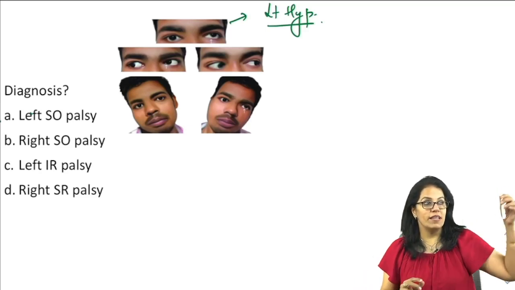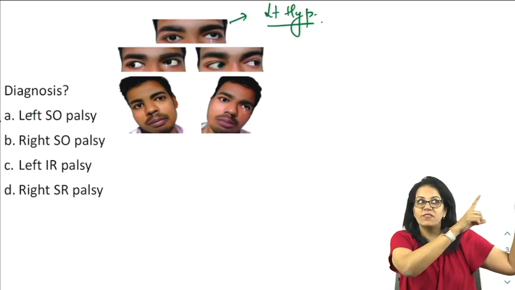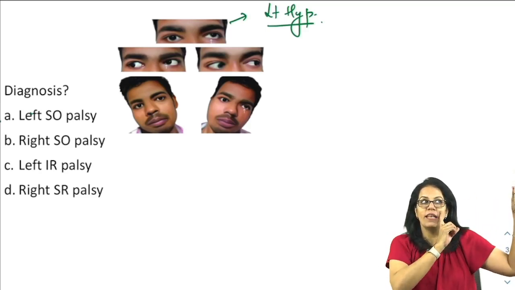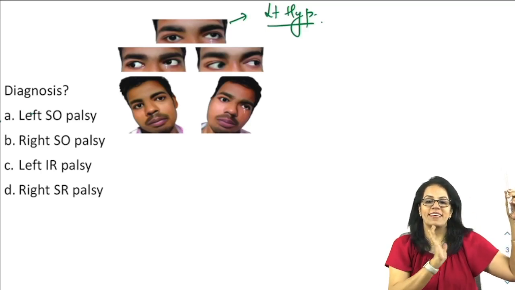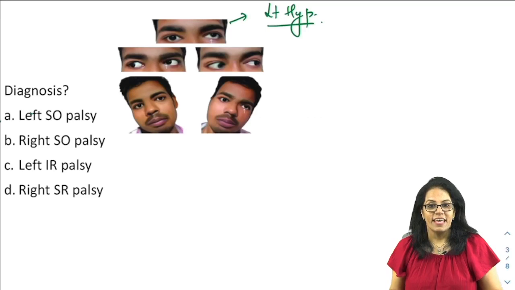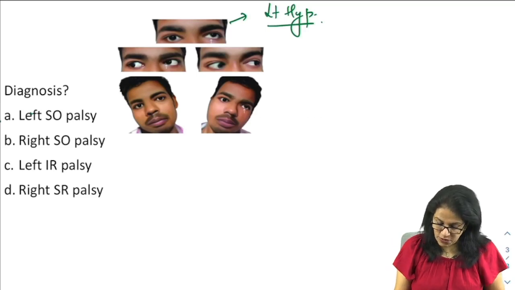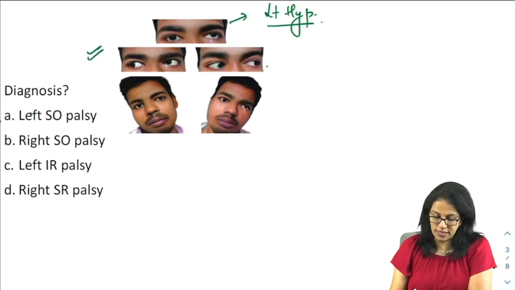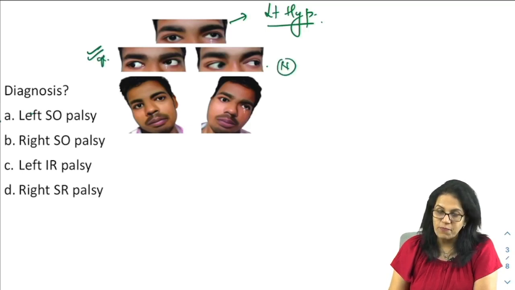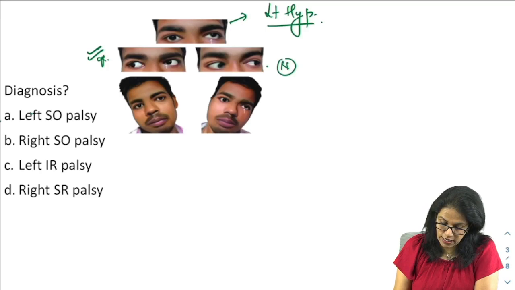Sorry, levo elevation. This time it is my left eye which is outward. So the left eye's rectus is working. So it will be left superior rectus and right inferior oblique. This should be very, very clear. Then we understand this question better. So next thing that you have to see, once you know which eye is hypertropic, is in which gaze the hypertropia is increasing. As you can see very clearly, on the opposite gaze here, the hypertropia increases. Here the eye looks almost normal. So when this is increasing here,